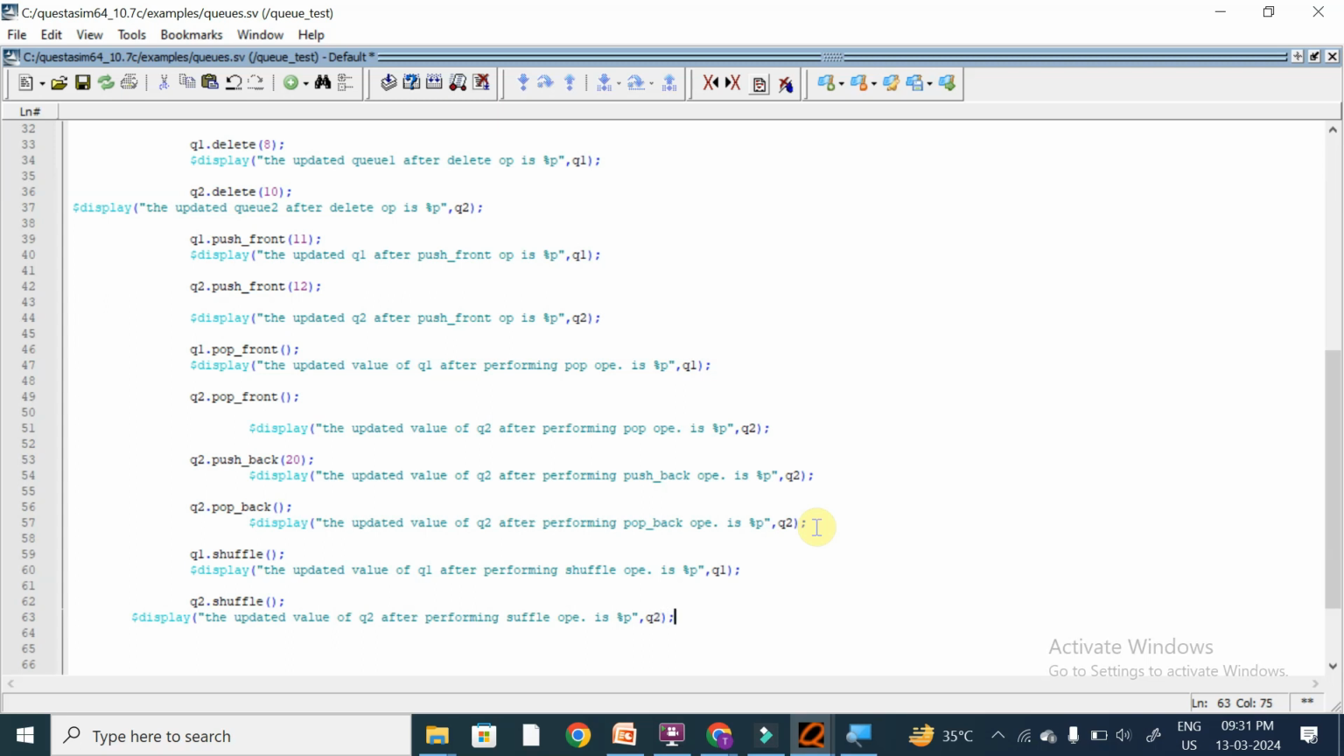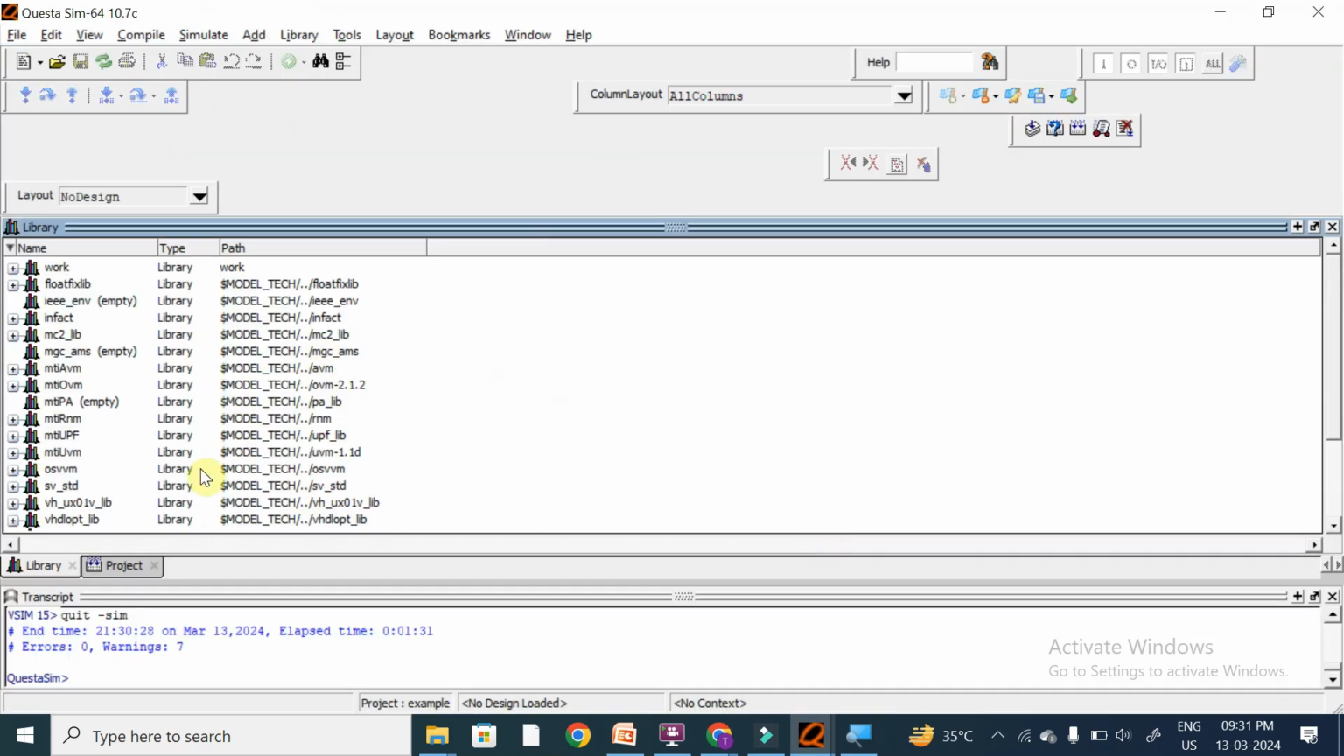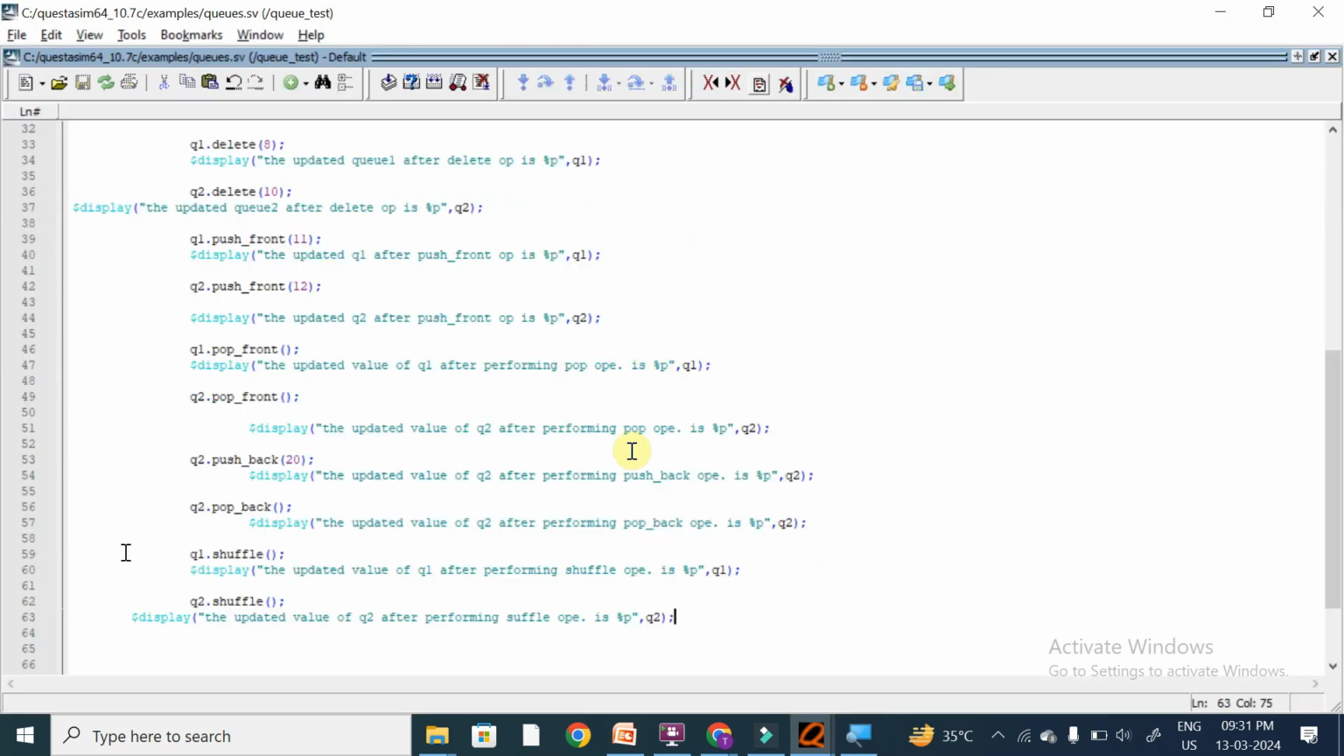So I'm taking all the inbuilt functions so that we can understand all the operations clearly. Is it clear? Yeah. So before seeing shuffle, we will also see one more function